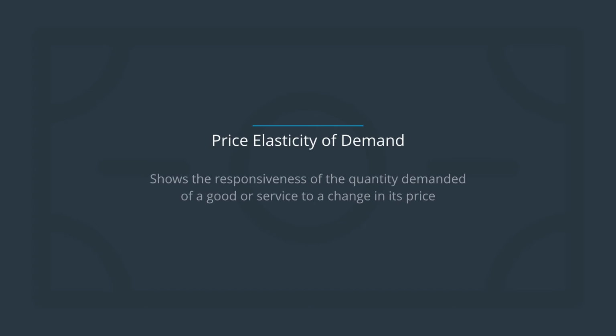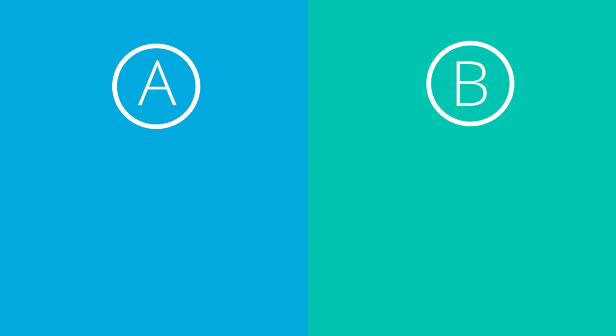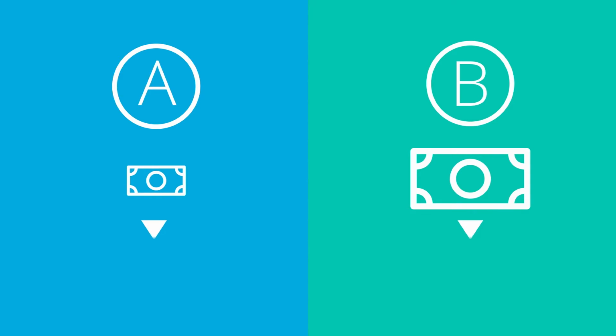Price elasticity of demand is a measure used in economics to show the responsiveness, or elasticity, of the quantity demanded of a good or service to a change in its price. We can use A/B testing to analyze whether a change in price impacts the quantity of a good or service as a result. Remember, A/B testing analyzes whether a change applied to an experimental group is statistically different from a